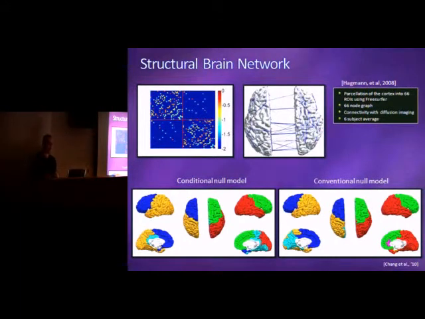And we applied this method to partition graphs on a structural network, a network described in this paper, which is basically a parcellation of the cortex into 66 ROIs using FreeSurfer. And so we have a 66 node graph representing structural connectivity in the brain following the fibers. And that's a visualization of this network. So that was done with